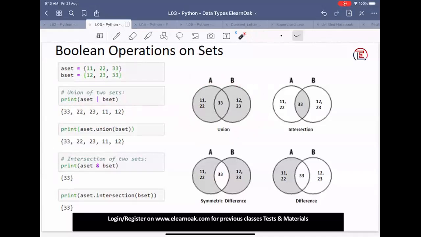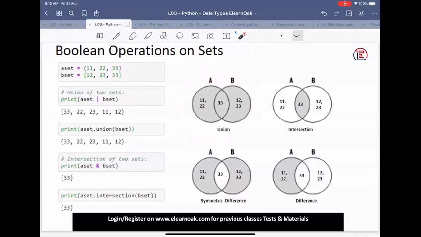Another way of doing that, if I don't want to use this operator, is to use one of these sets, either A set or B set, and call the dot union function along with B set. So when I say A set dot union B set, it gives me the same result. That is how we can find the union of two sets.